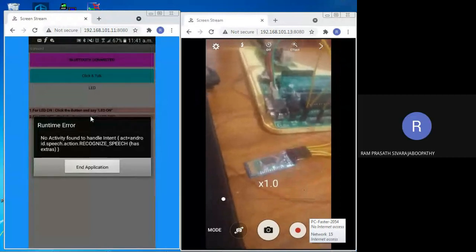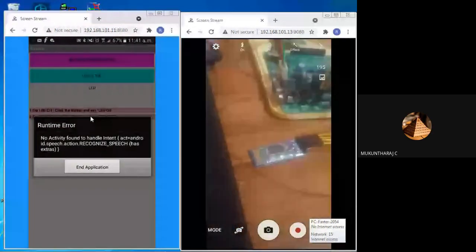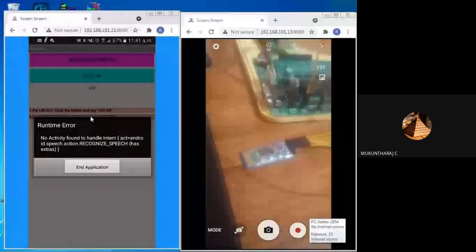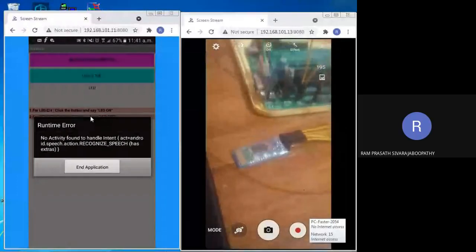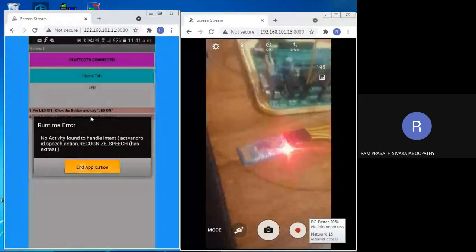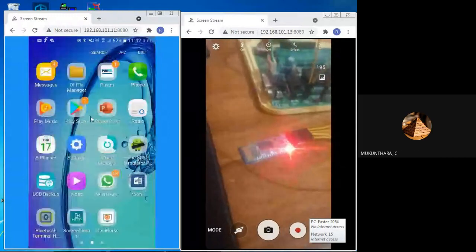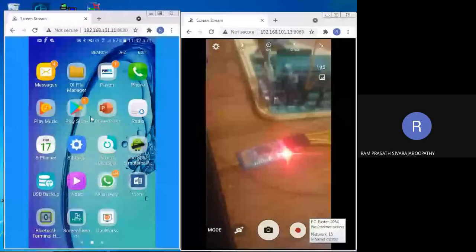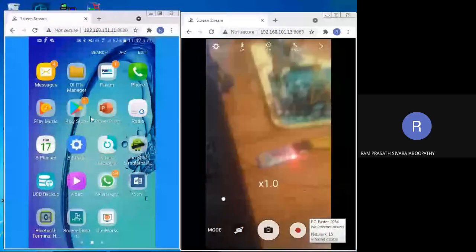Sir, it is showing an error. Okay, Ram sir. I don't know why it is showing like this. Wait a moment. I will try from another mobile phone. Okay, wait. I will type the link and I will try it.